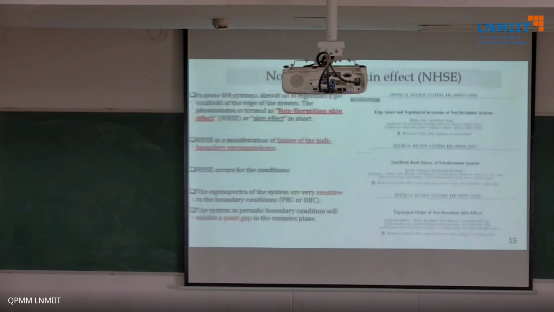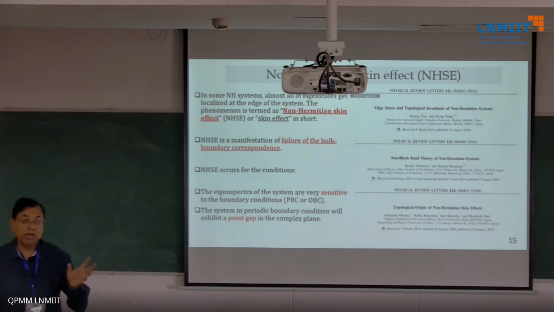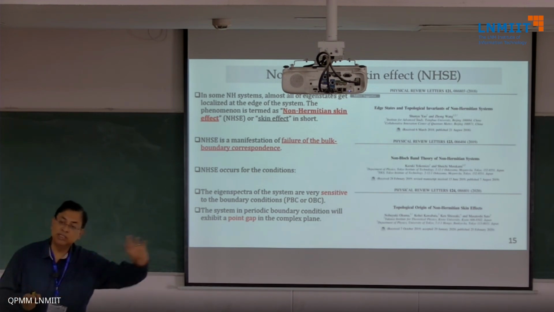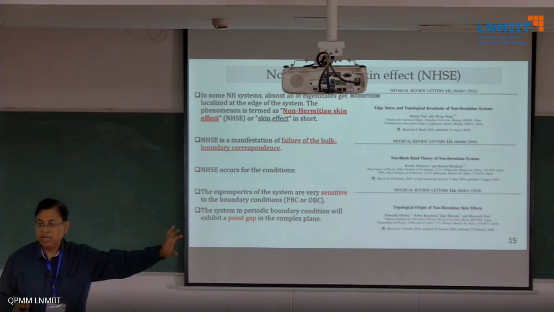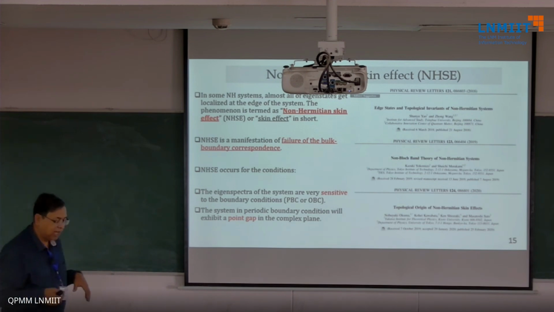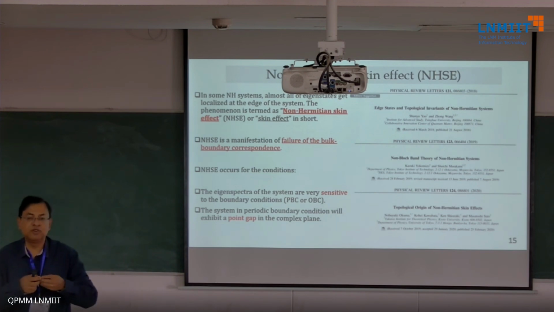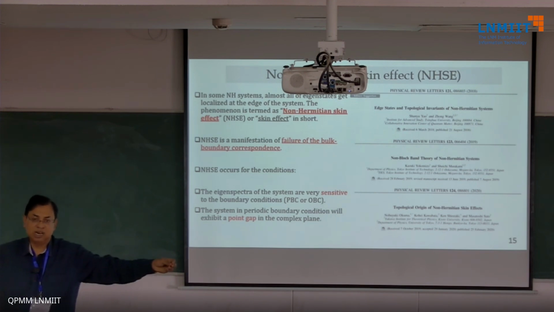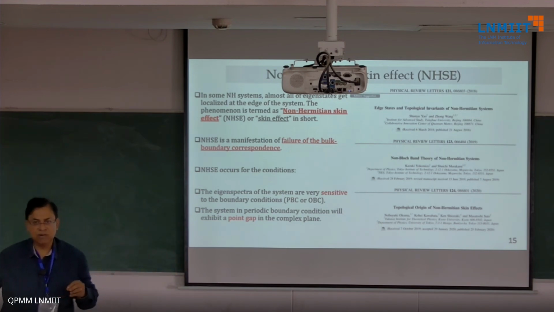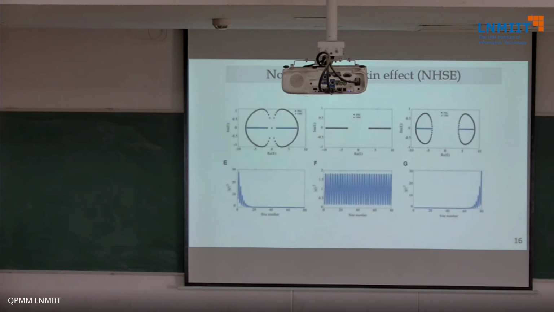And the non-Hermitian skin effect: in a non-Hermitian model with topology, all the states are pushed to one end. And if you tune the parameters slightly, they are pushed to the other end. In a way, they have tried to visualize it as quantum information transfer, because the chain length can be as large as you want. From one end of the chain, it can be sent to the other end by simply tuning some parameters. And so this is the non-Hermitian skin effect.